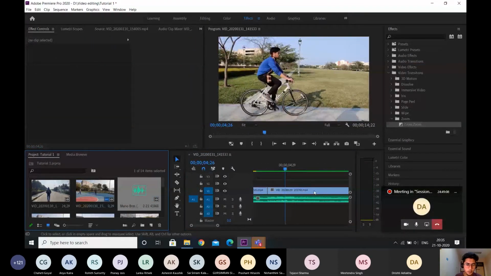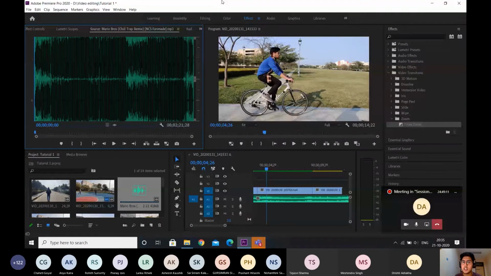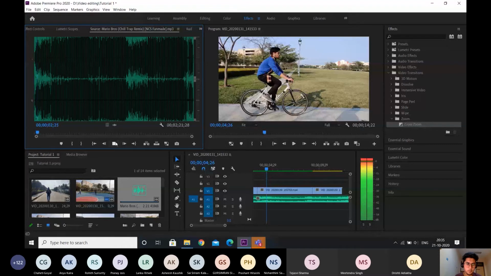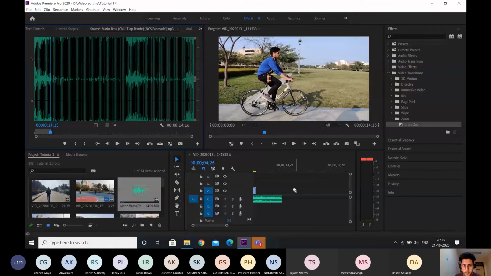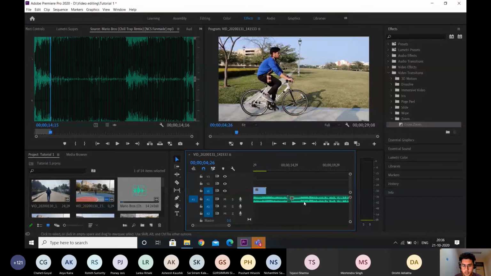Okay, so now I've imported another music file over here. I hope my audio is sharing. Yeah, I'll just play it once for you guys. Here we go. I'll just press O over here. I'll just bring it a little bit ahead and I'll press O over here to set an out point. I want this audio to start after this. So I'll bring it down, I'll place it over here. There's a little bit of gap in the starting, so I'll clear that.